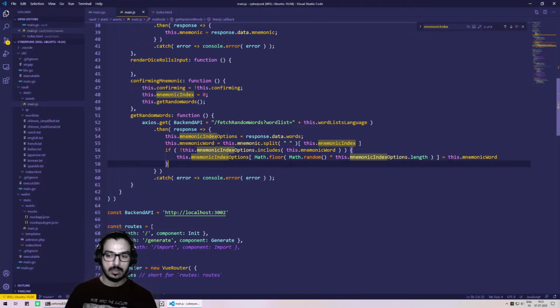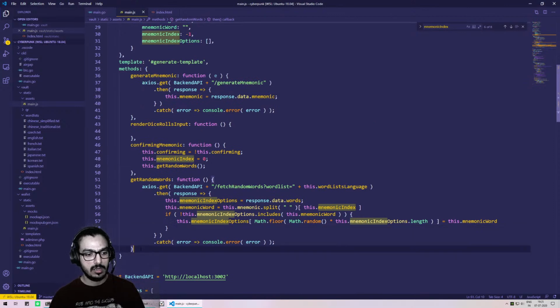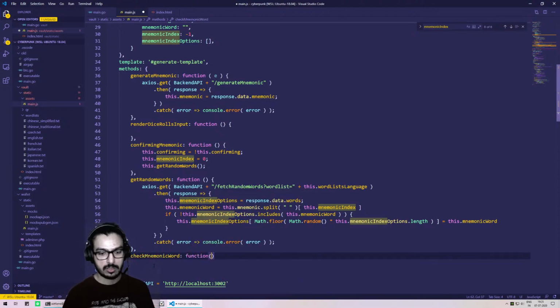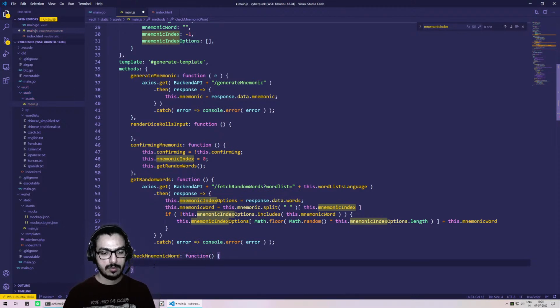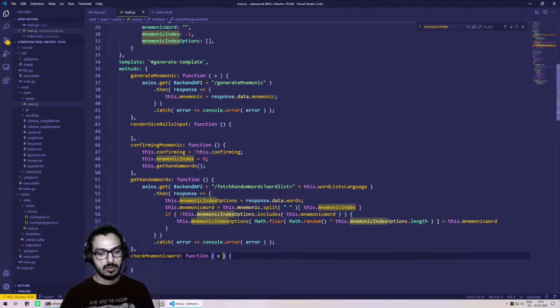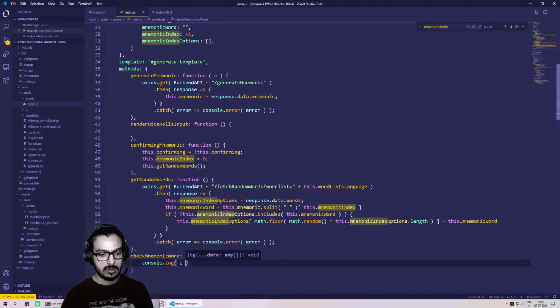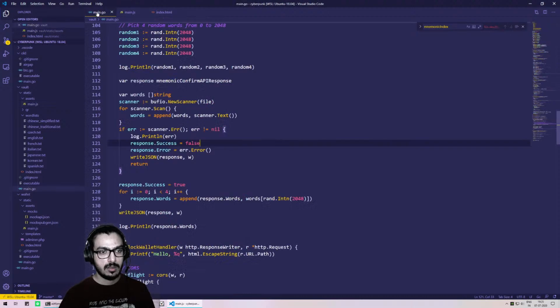So that's good. Now we wanna, upon click, for which we need a new function, check mnemonic word function. Sure, we'll need the event here. Console.log event, and